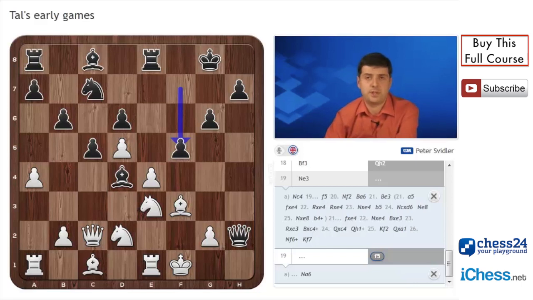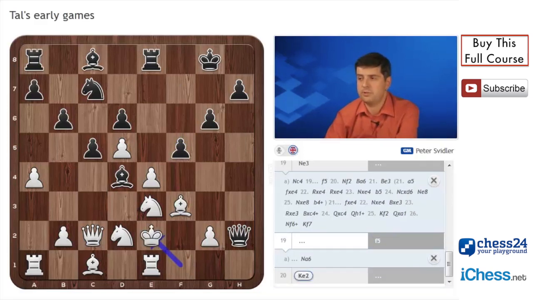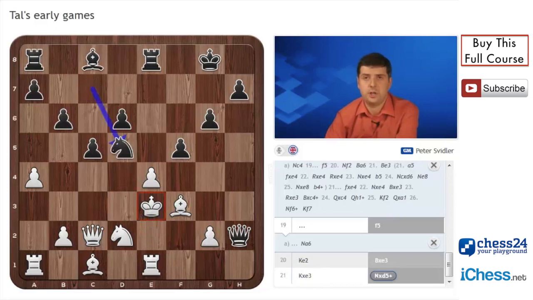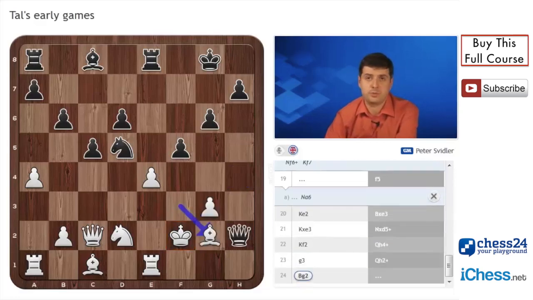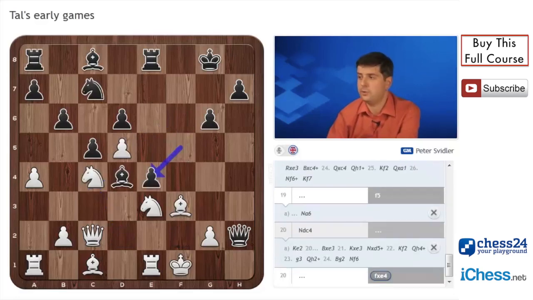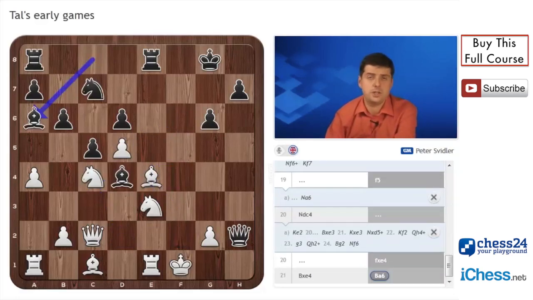If white tries to run with the king here, king e2, black will take on e3, king e3, knight takes d5, forcing the king back to the corner, and now queen h4 check, g3, queen h2 check, bishop g2, and knight f6 is perhaps the easiest way to win. The knight comes to g4 and white's position completely collapses. And in the game after knight dc4, black took on e4, bishop e4, bishop a6, and this position is just